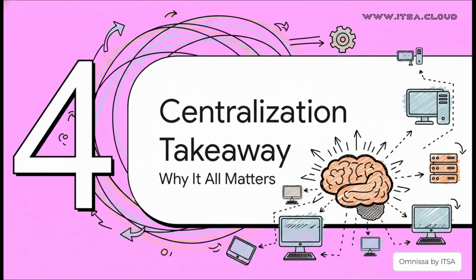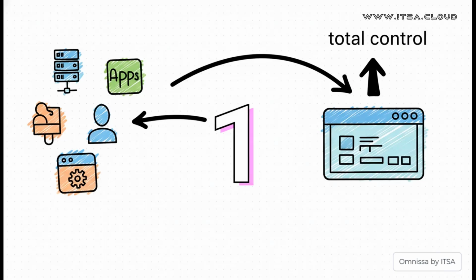So, after going through all these features and making that key distinction, what's the big takeaway here? Why does having this single console matter so much? Well, it all comes down to the incredible power of centralization. At the end of the day, it all boils down to a single, simple idea. The Omnissa Horizon Console gives you one centralized hub for total control over what can be a very complex system. It takes all those different moving parts, the servers, the users, the apps, and pulls them all together into one single manageable interface. It's about turning that potential chaos into complete, beautiful order.